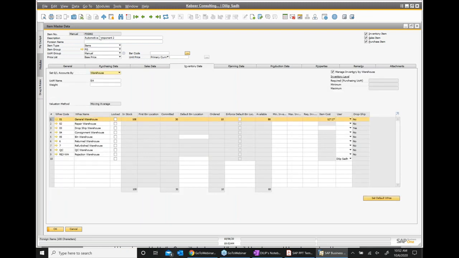If you look carefully, in stock I have 108 pieces. Committed is 30 pieces. Ordered is 10 pieces. Available is 88 pieces. What does that basically mean? 108 minus 30 plus 10, 88 is my available stock.